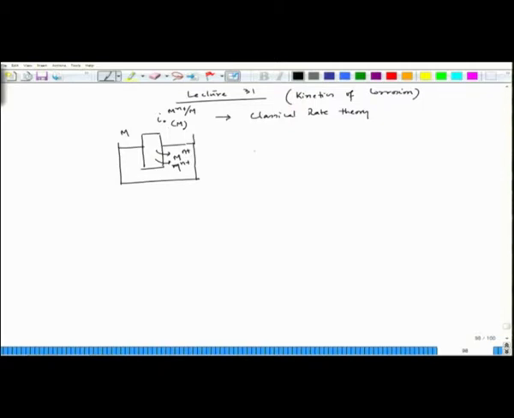These metal ions would keep forming, but at the same time when they are released to the solution, they will leave negative charges on the metal surface. So, you are having a situation: this is the metal surface, and metal ions would go to the solution, or instead of Mn+, let us put it in the form of positive charge. So, we have positive charge formation,